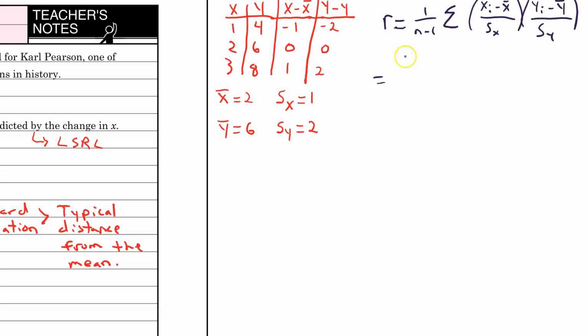Alright, so for us, 1 divided by n minus 1, well, our n is 3, that's our sample size, times the sum of, okay, the first x minus the mean, that we calculated here, it was negative 1. Standard deviation of x, that's 1. Times that same y value, y minus y bar, negative 2, divided by our standard deviation of y, 2, plus